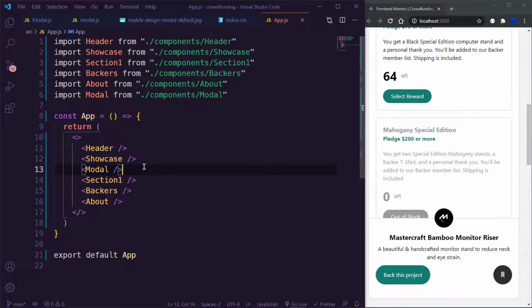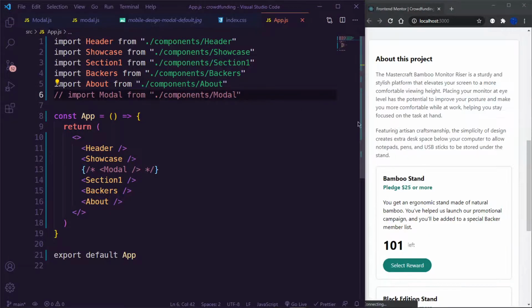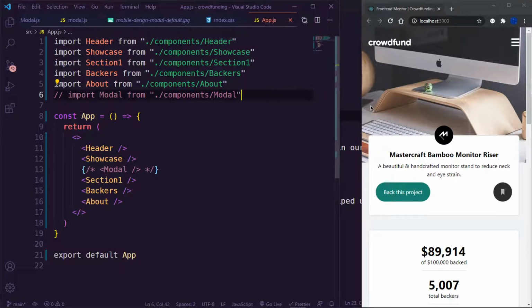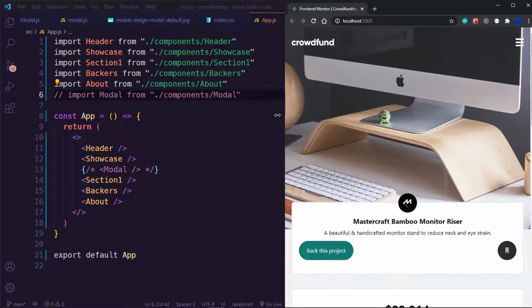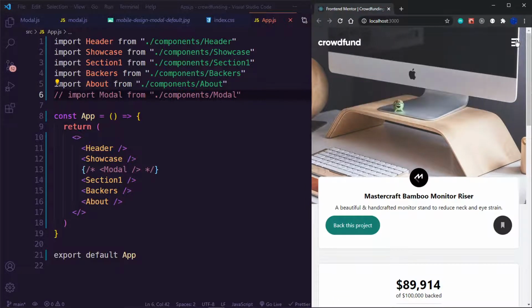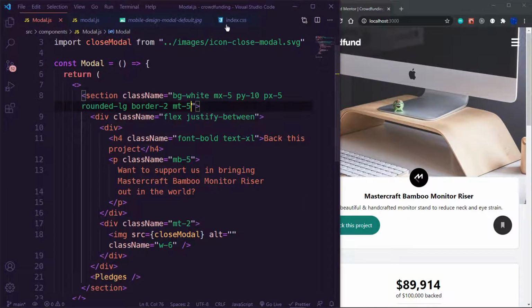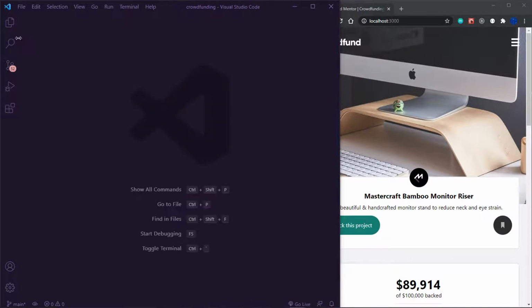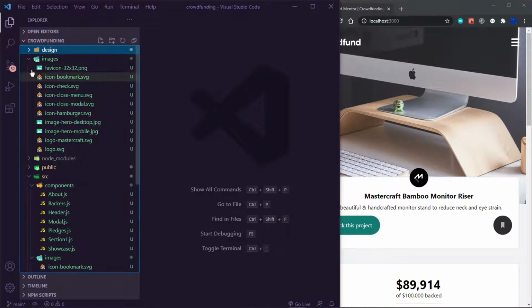Let me remove this from here first of all, comment this out and comment this out, right? And then let me scale this up because I remembered I forgot to do that. Oh, first of all, let me actually change this image. So let me go into header.js, close this, close this, close this, and close this. Let me go into my header.js